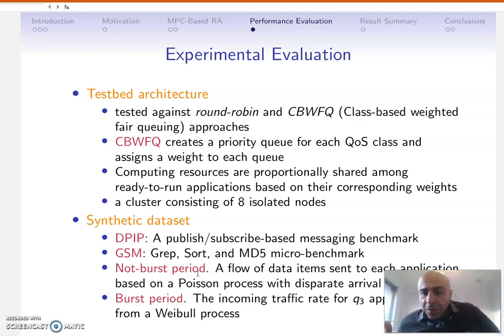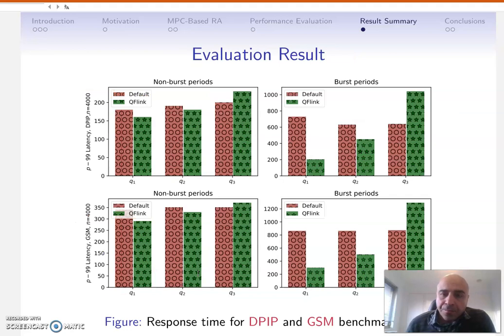But in the burst period, there is a limited amount of shared resources, and normally in the burst period we increase the traffic rate for applications belonging to the lowest quality of service level. And here I just show some examples of the results, and you can see here in the burst period and non-burst period, the 99th